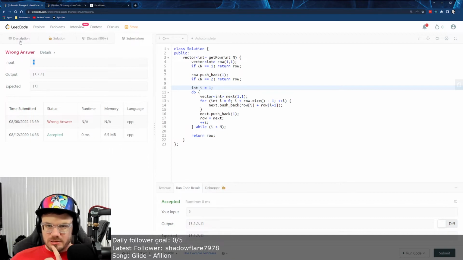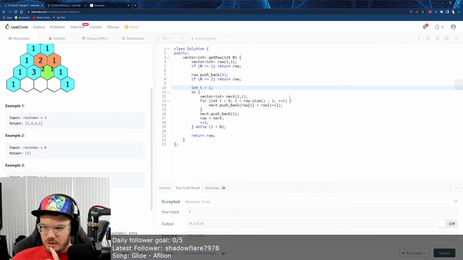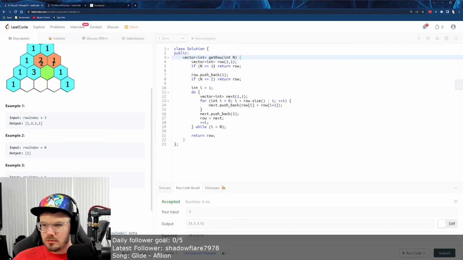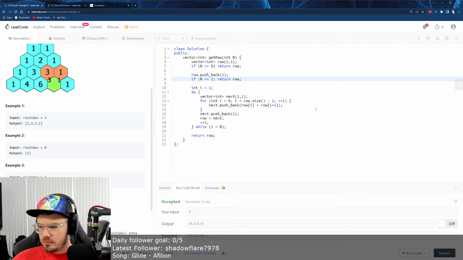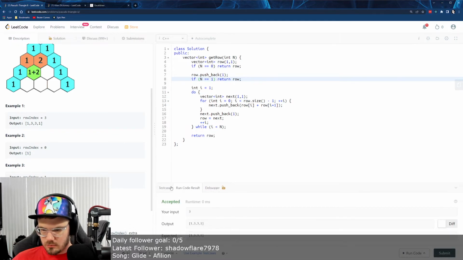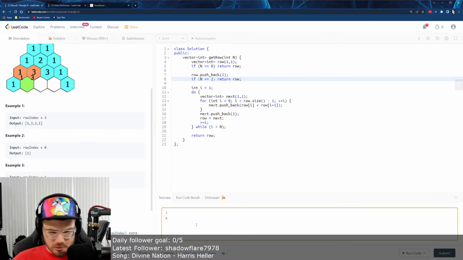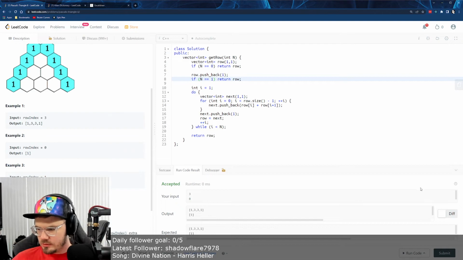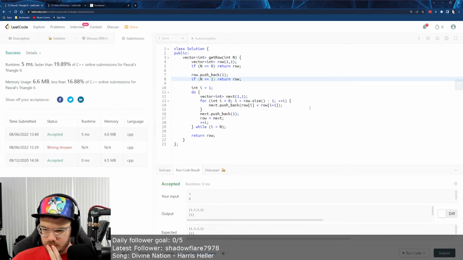Oh, it's possible for them to ask for index 0 in this problem, which wasn't possible in the previous one. So, wait. Let's get that custom test case in here, 33. Okay, so now it's good. Okay, so that solves it, but